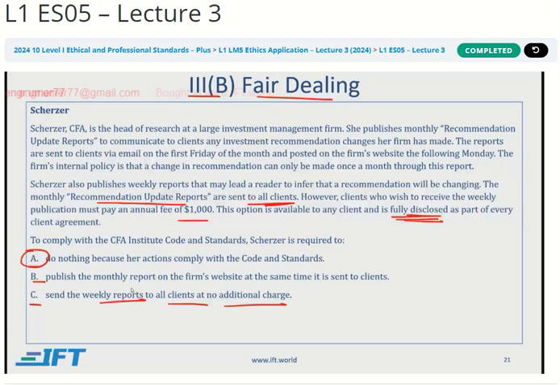The reason the website does not need to be updated at the same time is the website is for the general public. Anybody can go see the website. And if the clients are getting information before it is posted on the website, that is fine. This is just the research of the company itself. Also, sending the weekly reports is okay because this is disclosed and any client can pay the extra money and get this extra service. So the best option is A.